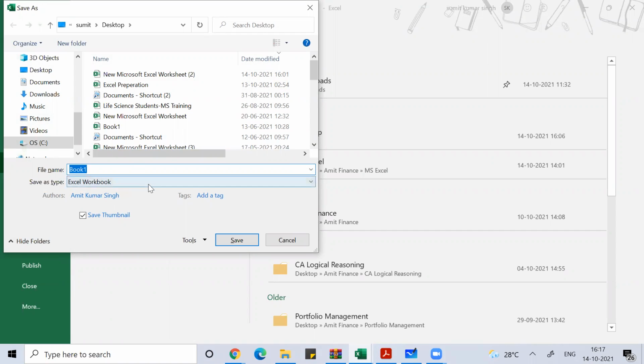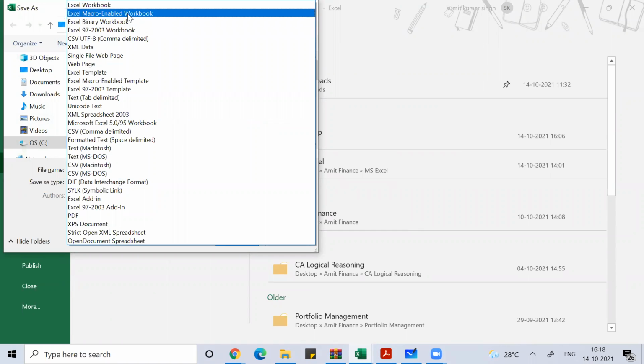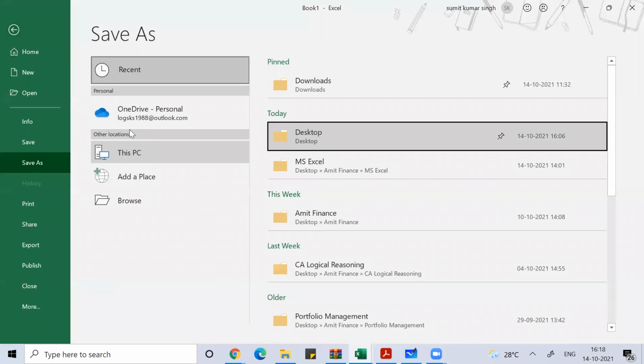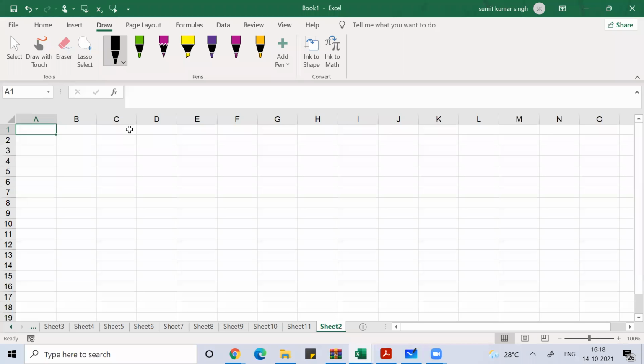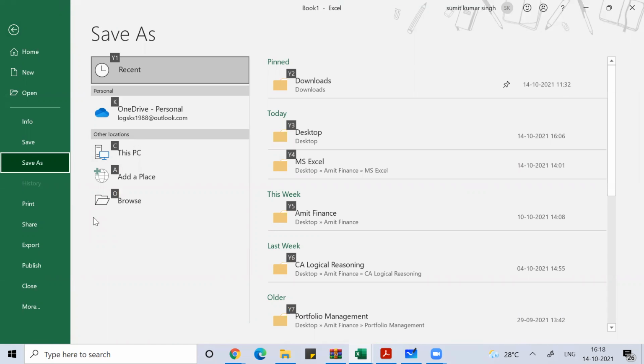You can change this to Excel 97-2003 Workbook or Macro-Enabled Workbook depending upon the application you are working on. The shortcut key for Save As is Alt F A. You can use Alt F A and then save the file.